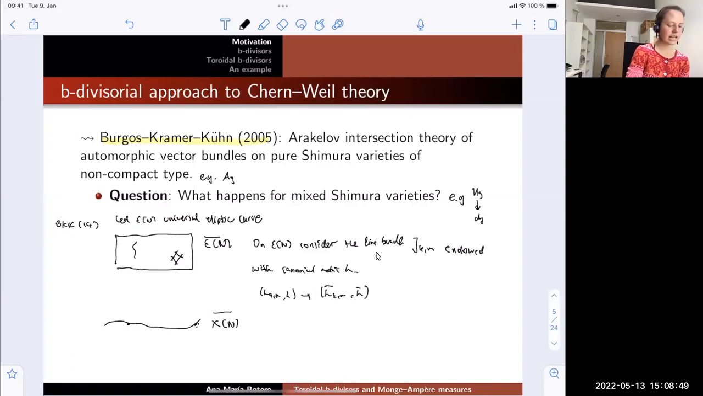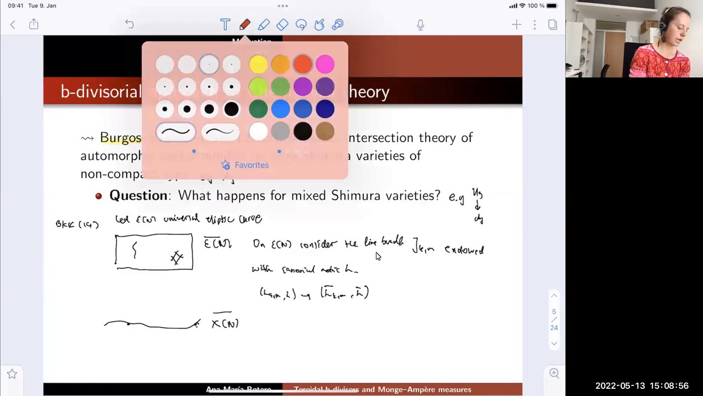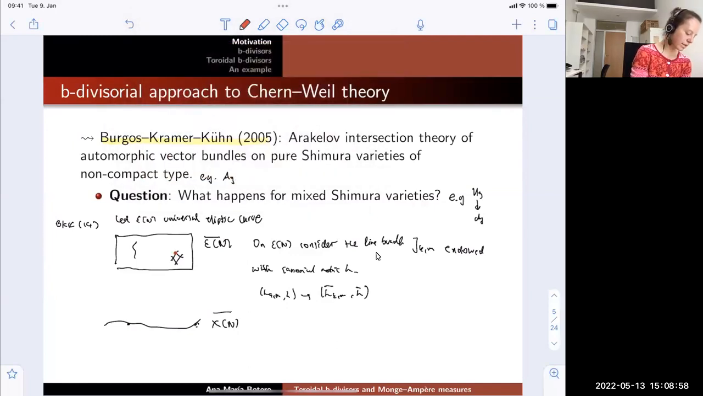And the extension as a semi-positive metric is unique, but the problem is it's no longer good. So along these double points, the metric acquires some singularities which are not good, so are worse than log singular. And this implies that if you take another toroidal compactification, so here, for example, you blow up one of these double points,